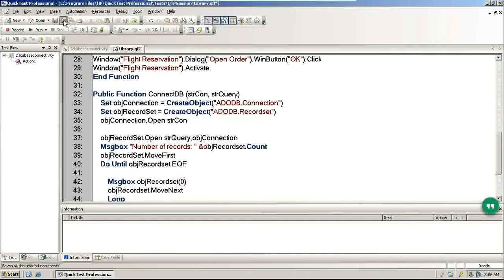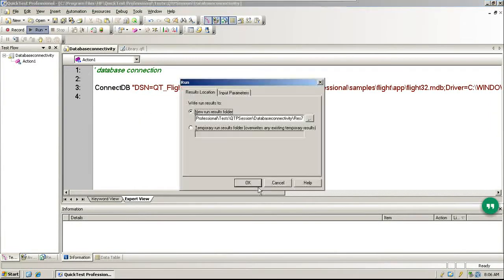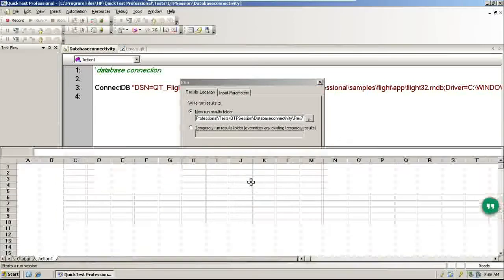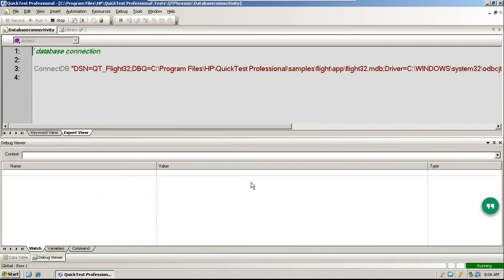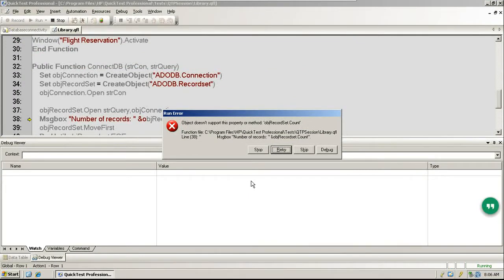Okay, maybe the method doesn't exist. Object doesn't support the method. Okay, there is no method such as count. Method doesn't exist.